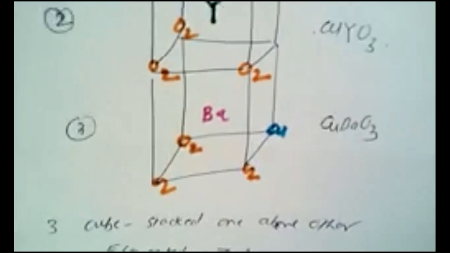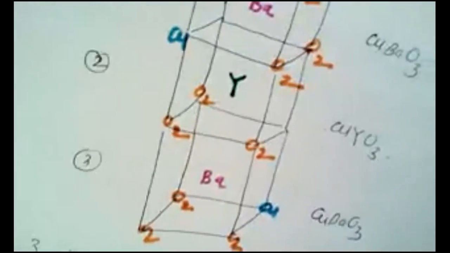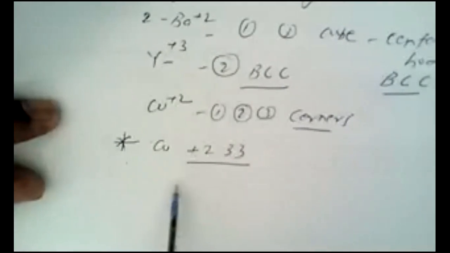While writing the explanation for this ceramic type of superconductor, you have to write particularly, I am making an asterisk sign, that in this case copper is having a fractional oxidation state of 2.33. Till now we have observed that every metallic element has a particular oxidation state, either +1, +2, +3 and so on, or -1, -2, -3 and so on. But this is the only case where we find that copper is having +2.33 oxidation state.